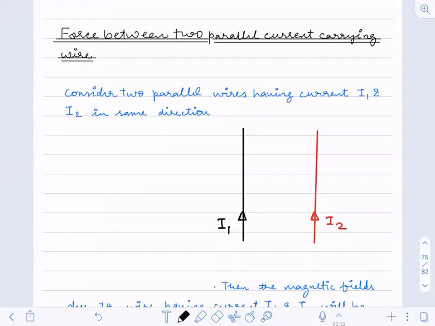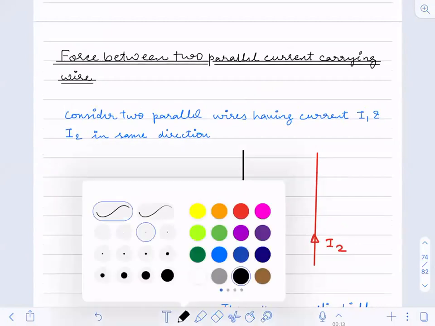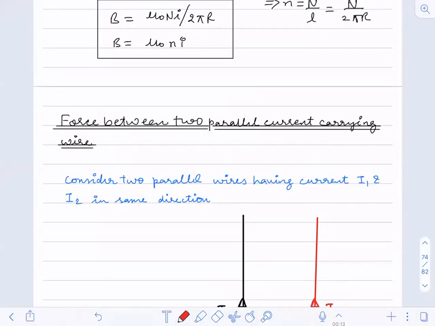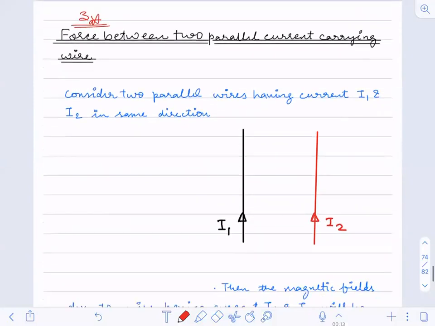So the next topic that we are going to see is force between two parallel current carrying wires. Now this topic is important. Generally we have a question from this chapter. There are so many questions. We cannot say that you will have only from this topic, but yes, this is a most frequently asked topic. So this is a very, very important topic. If you rate it, a question comes from this topic twice a year or thrice a year.